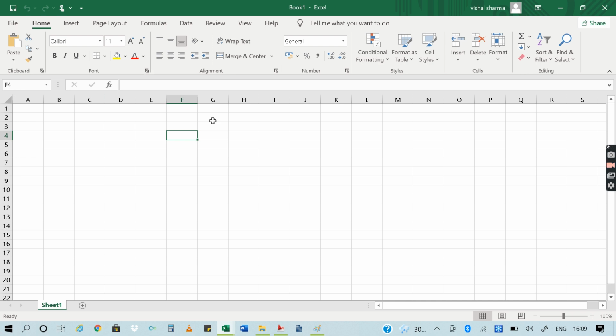Okay, now if you want to input any kind of data, suppose you want to write a number or a text, you can write over here like 1 and then enter, then 2 and then 3, like this. Okay, so if I want the numbers list, just simply select this, and in the corner the small point is over here. Whenever you drag your mouse on this particular point, you can see the plus sign will appear. Now you can drag your mouse through this and you can see that a sequence of the numbers from 1 to 15 has been shown.